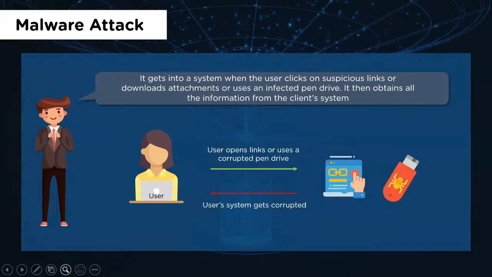So how do the user machines get infected? It gets infected into a system when a user clicks on suspicious links. Now, obviously, if you think it is a suspicious link, you're not going to click on it, but you trust the link or you're compelled to click on it just out of curiosity. Let's say you click on that link, there's a redirector, it downloads an attachment from a malicious server, and it gets installed on your machine. One of the most common ways a virus or a worm is spread is through USB devices people pass around, and you have no idea where the device has been used before, and you plug it into your machine, and if there is a virus on that USB device, it will get infected on your machine as well.